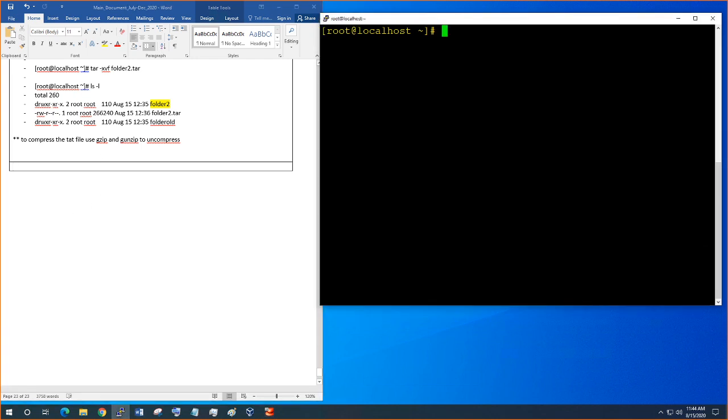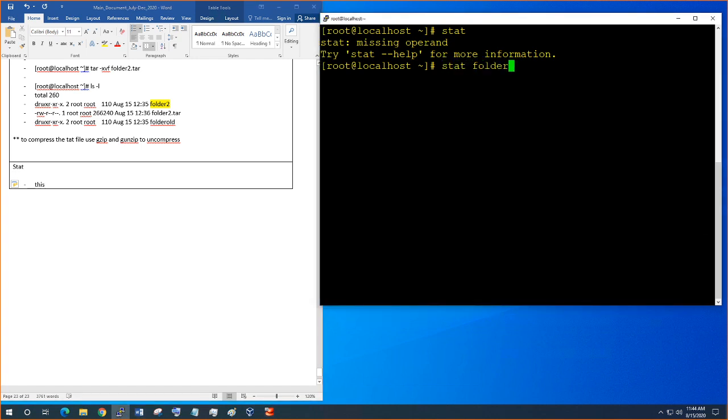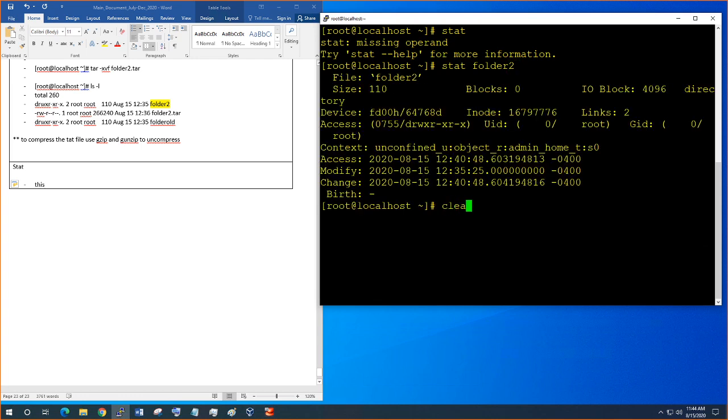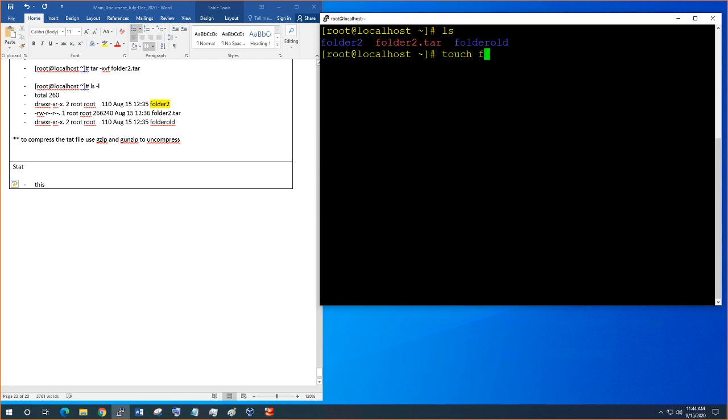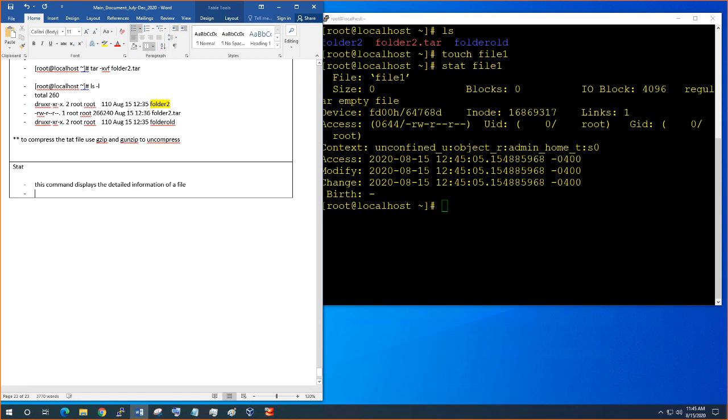Okay, now what I'm going to do is there is a command called stat, and what this does is... this is a bad example here. So ls, I'm going to create a file, touch file1 here, right? I'm going to do stat file1 and hit enter. So we have this information here. So this command displays the detailed information of our file. Okay,